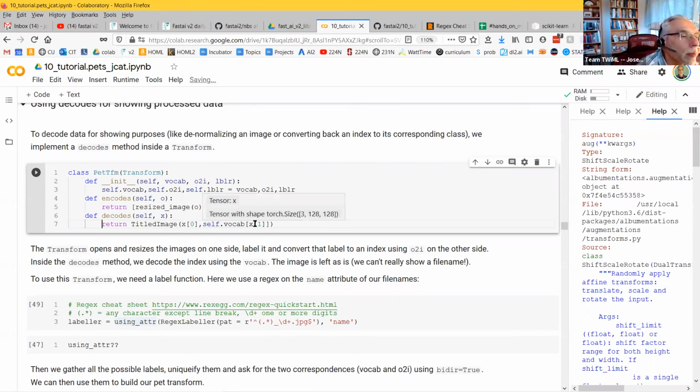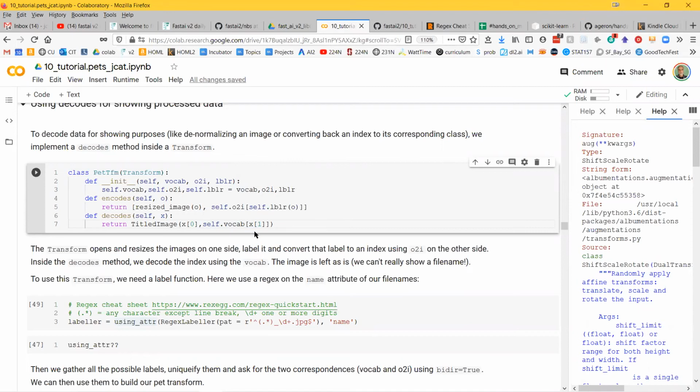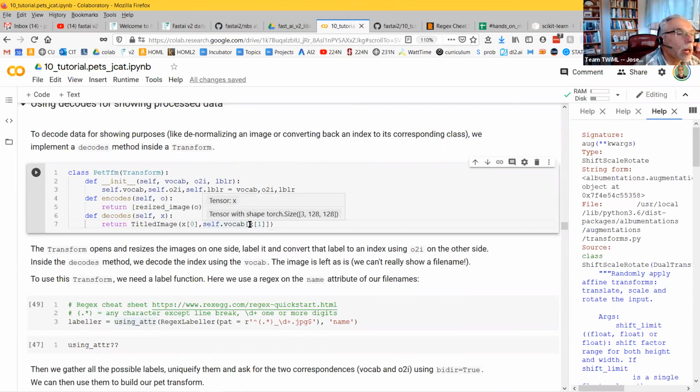X of 1 is the label, and so this is the vocabulary corresponding to the label. See, vocabulary is a list. X of 1 is an index into the list. Yeah, okay, right. X of 1 is going to be an integer, and that integer is the index into vocabulary. So if X of 1 was 1, then we would see,